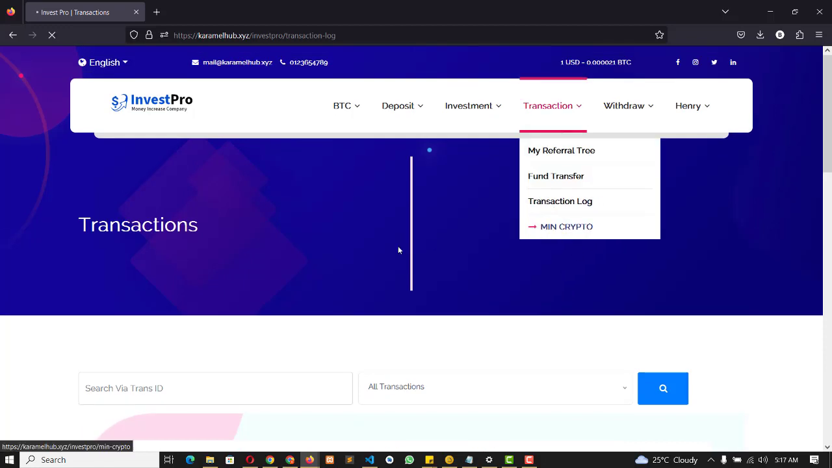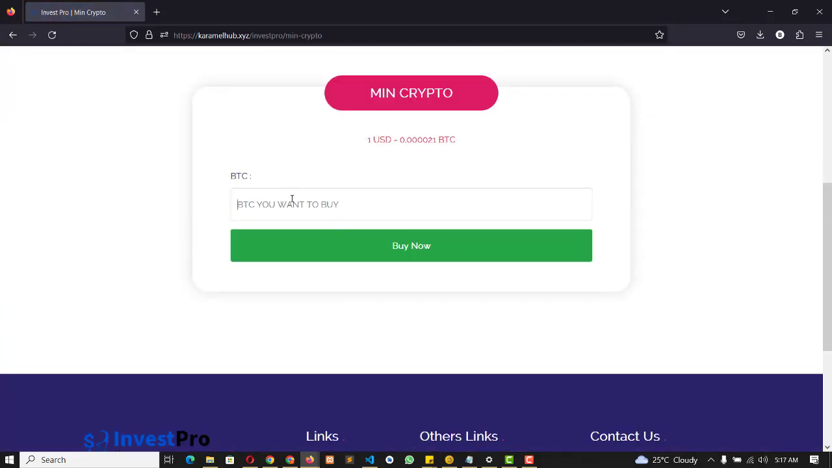So you can also mine crypto too. You can see mine crypto. See, you can see Bitcoin. Put in the amount of Bitcoin you want to buy. You click on buy now. So for example, I click on